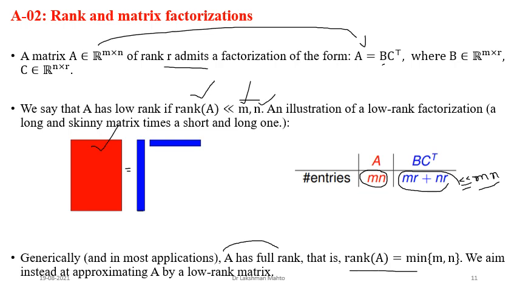Generally our perception is that the original matrix is full rank, but actually that is not true. The rank is always less than that. Even if a matrix is full rank, we can approximate it by a low rank matrix. We can go for low rank approximation. Definitely the solution would be approximate, but it will take less memory. So it is very feasible to proceed with a low rank matrix from the computation point of view.